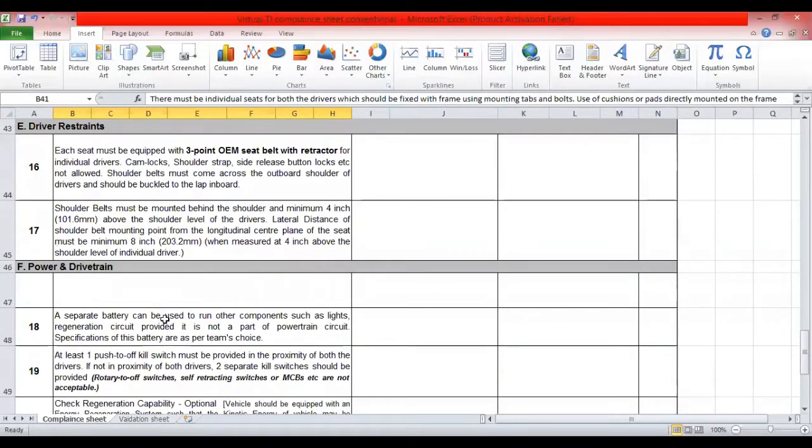After that, the 18th point: this separate battery will be used to run the other components, the lights or whatever system you are having. So that can be shown.